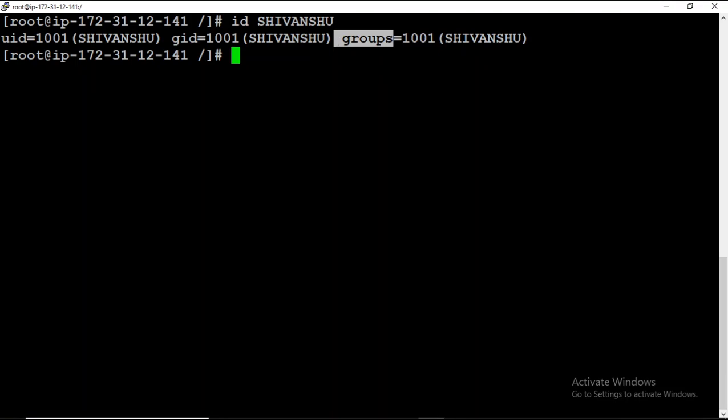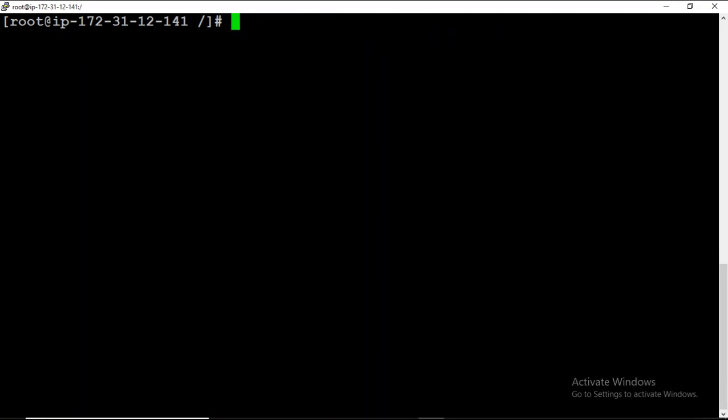What these things are, I will explain later. You just have to focus on how we can create a user. After 9 or 10 lectures of Linux, I will explain everything. So there is the command useradd, and by using this command you can create a user.